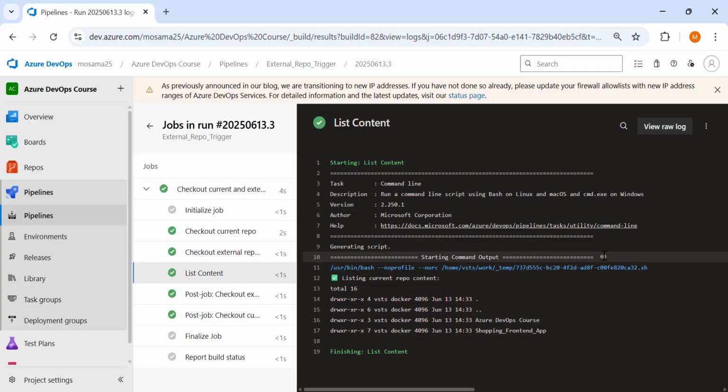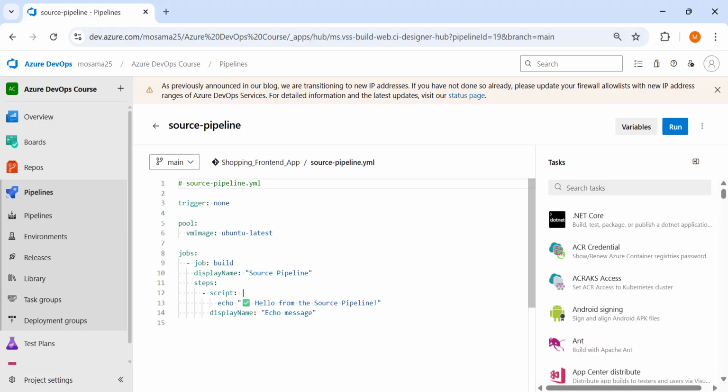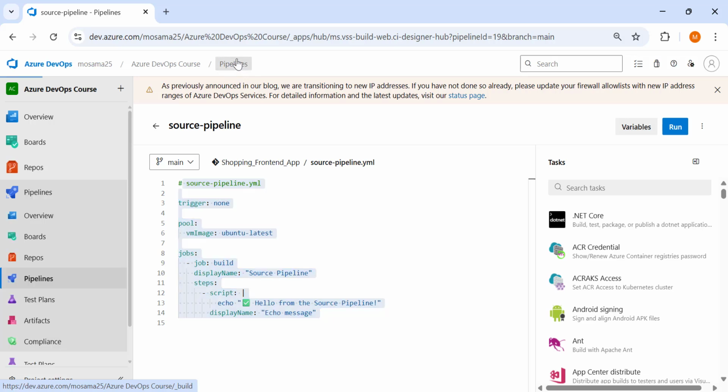So let's talk about the pipeline resource trigger. For the pipeline resource trigger, I made two pipelines. One is the source pipeline and one is the dependent pipeline. When the source pipeline finishes, the dependent pipeline should be triggered. The source pipeline here has very simple logic. It echoes a text only. So that is the source pipeline. If you go to the dependent pipeline,